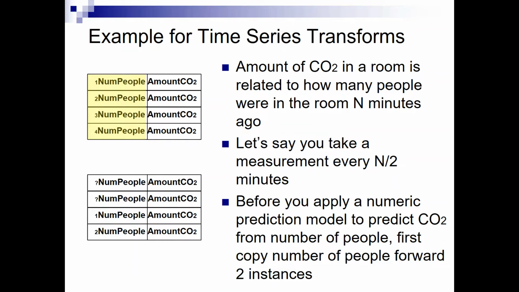The example that I'm going to use for time series transforms actually came from a project that a student did in my class several years ago. That student was doing a smart home project where they were using sensors to monitor air quality. And air quality might be related to how many people are in a room. So to collect their data, they had their sensors. The sensors made readings every so often. And they also sometimes had somebody sitting in the room to count how many people came in and how many people left. So at various time points, they had the number of people in the room, and they also had the CO2 reading from the sensors.